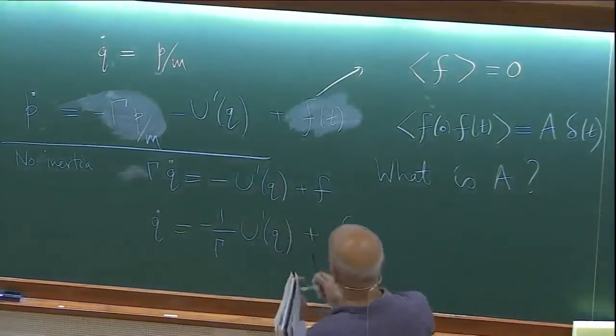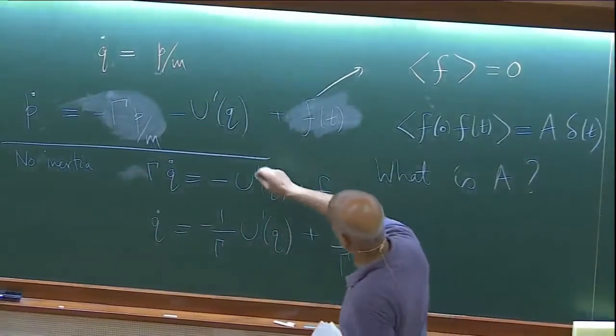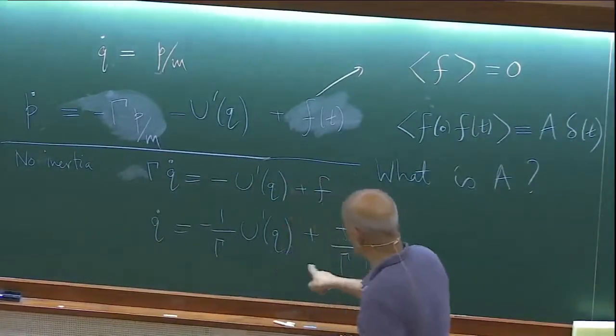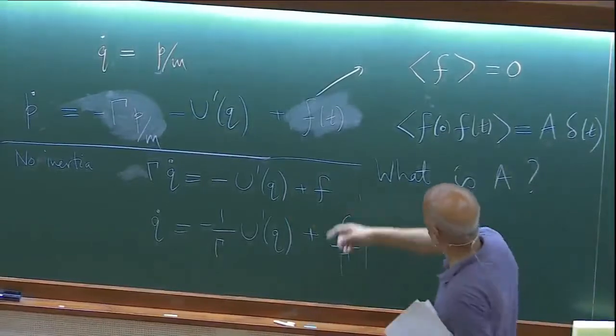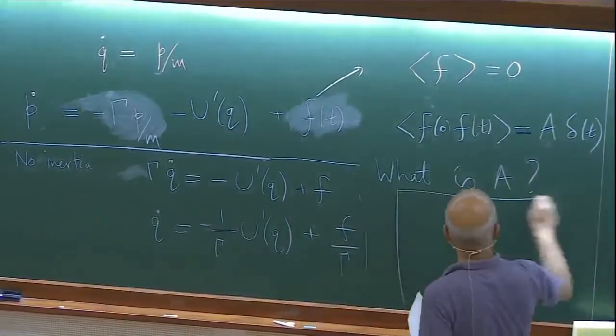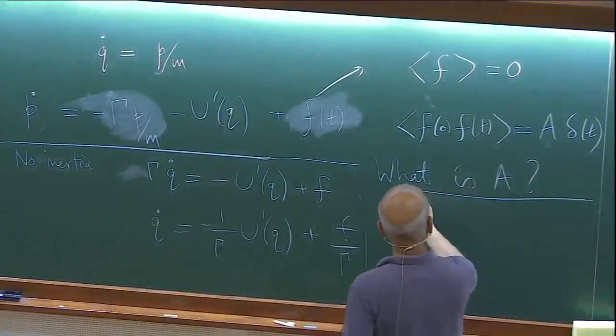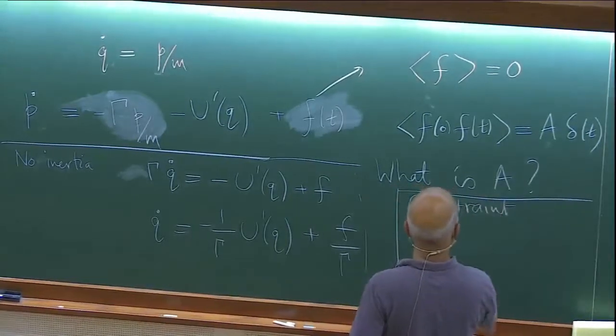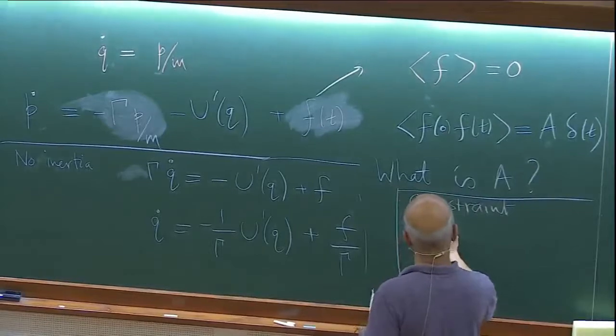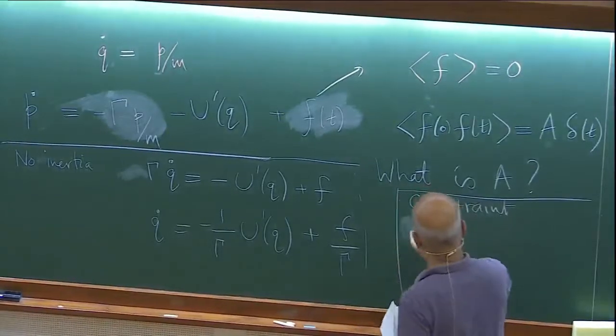And what we'd like to know, and we'll do it first in this simple reduced case, is what A has to be in order that at long times